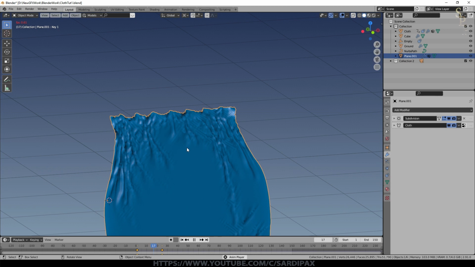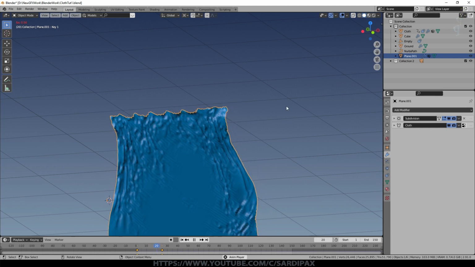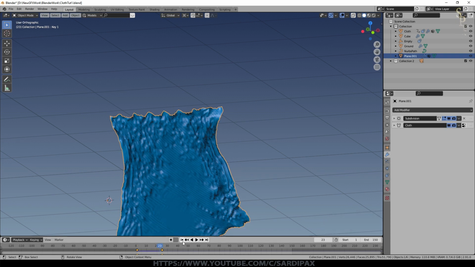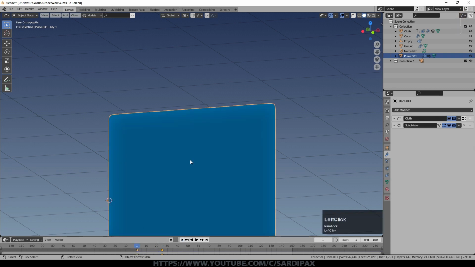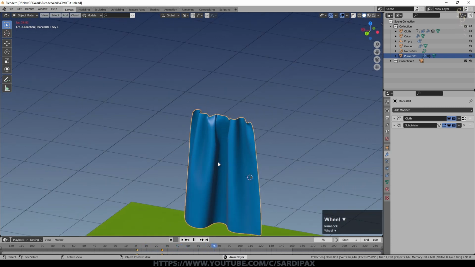You'd need to play around with the stiffness quite a lot. So particularly in cloth simulations, more vertices isn't necessarily a good thing. You need the right number of vertices for the simulation you're trying to create. See, that looks awful. And what that really tells you is, regardless of where you have your subdivision surface, the number of vertices is critical to how the cloth behaves.